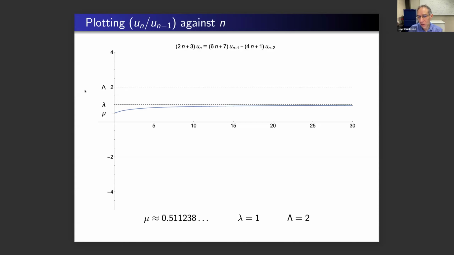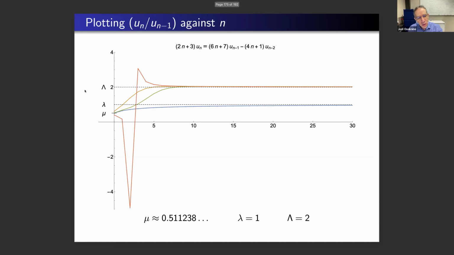And therefore, by the Perron-Poincaré theorem, the ratio of consecutive terms will converge to little lambda. And this is how it converges. This is a mathematical plot. If I start with the ratio of the first two terms a little bit above mu, then I will converge, again by the Perron-Poincaré theorem, to big lambda. And if I'm a little bit closer, I will follow for a little bit longer, but eventually I converge to